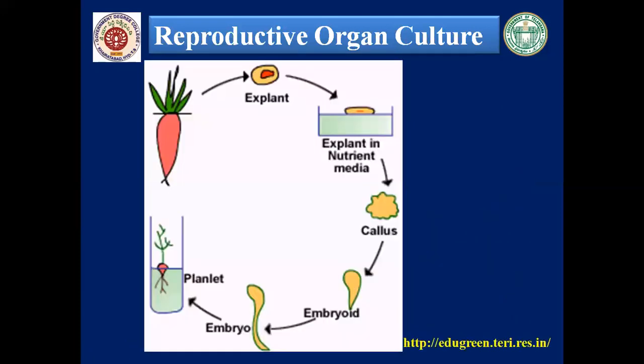Okay, so this is the structure, a simple process. This is the carrot plant. The explant is again the anther, placed on nutrient medium, and callus formation takes place. From the callus, you see the development of an embryoid, which is a structure similar to an embryo, but it happens only in tissue culture, and that too from dividing mitotic cells. This is the structure of the embryo, and I have taken the picture from this site.